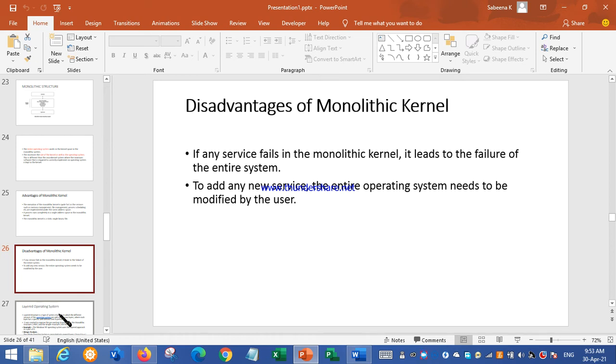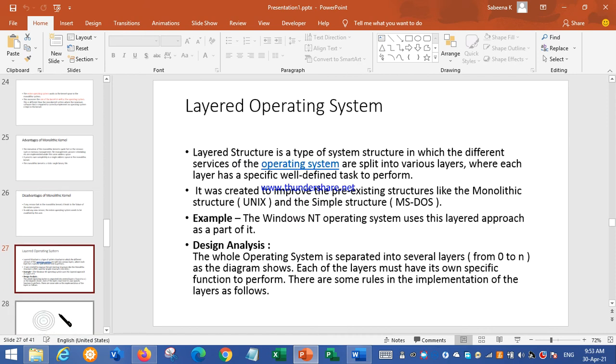Next we will go to another operating system design, which we call the layered operating system. A layered operating system is a type of design where the operating system functionalities are split into different layers, and each layer has a defined task or function.